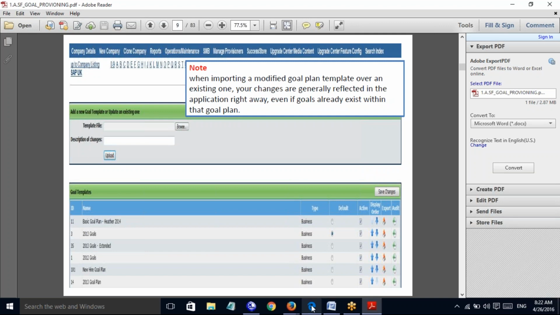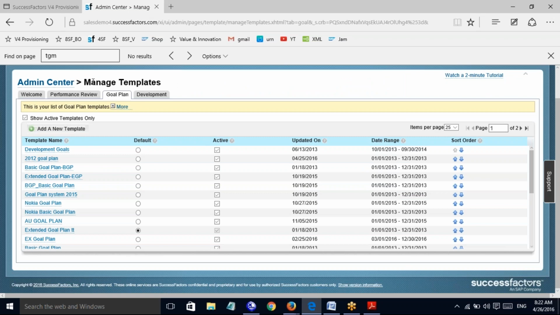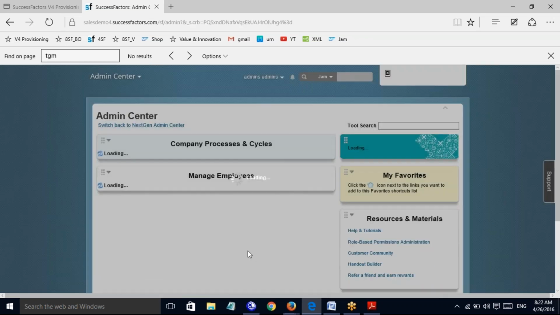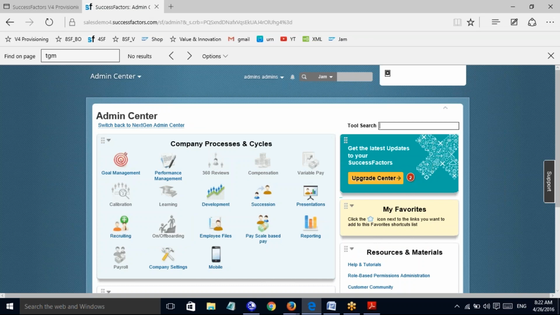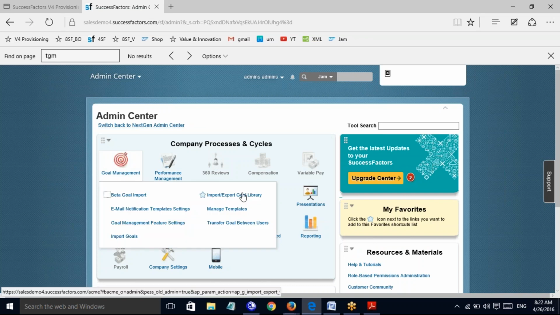In the same way, when you look at the system within the admin center, you also have a goal plan template where you can import, and maybe as CSV headers, you can see import and export goal library. Here, you also have CSV templates. When you look at those CSV templates, they connect with your goal plan templates XML configurations.